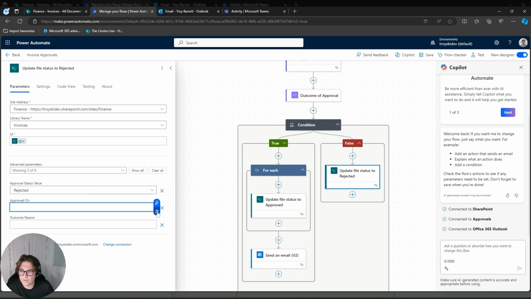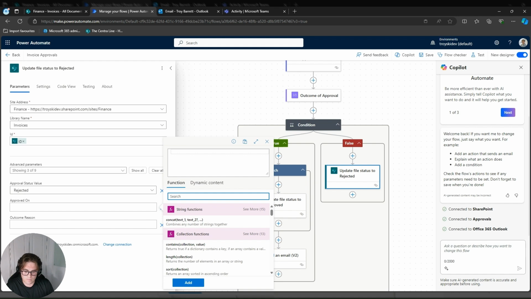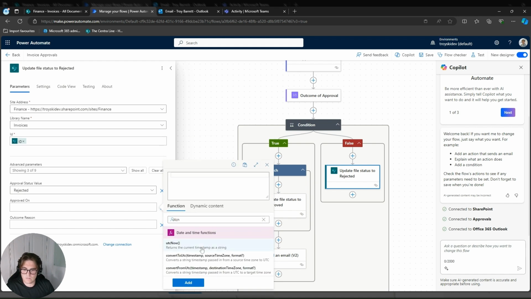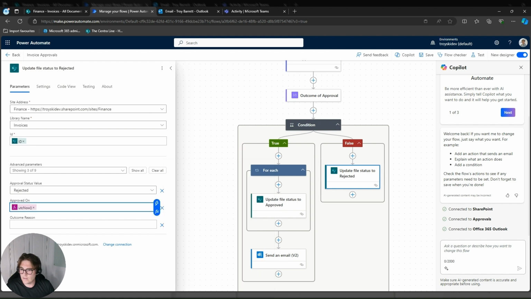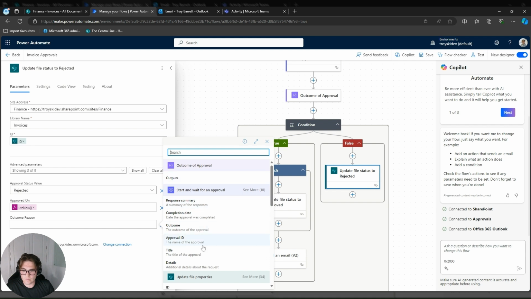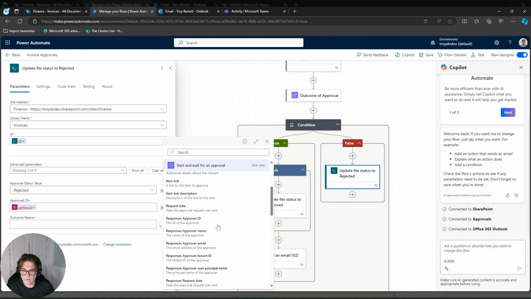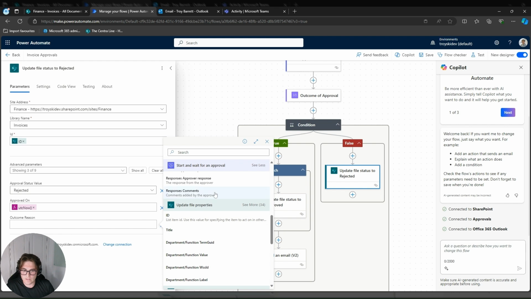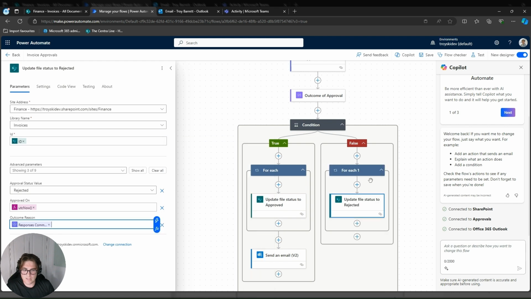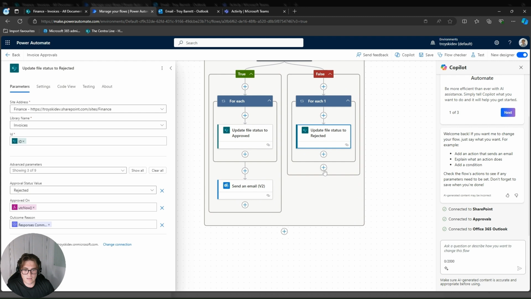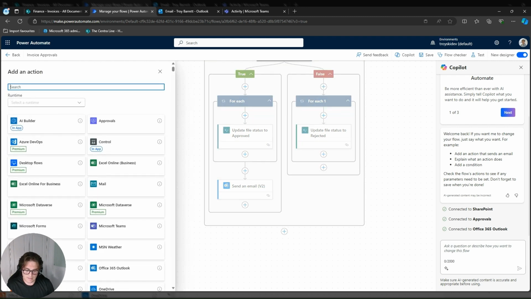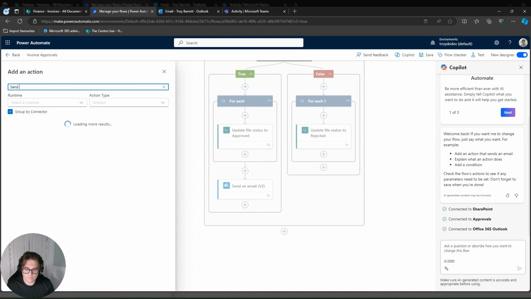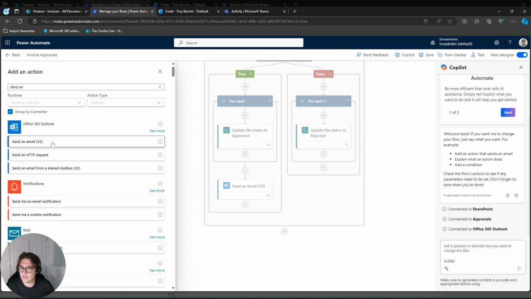And then again we'll use the expression for UTC now, and then the outcome reason again will be our response comments, and that should stick that in a for each again, which is okay. And then we can put in the send email again,